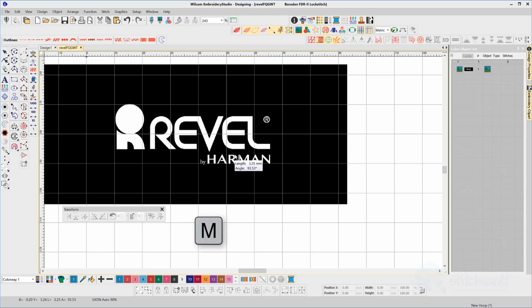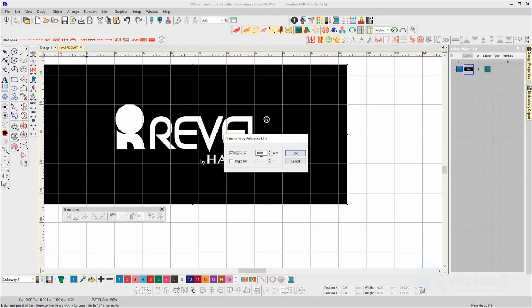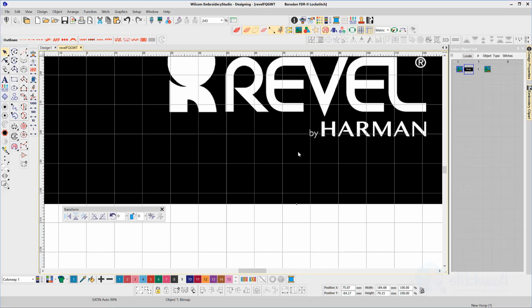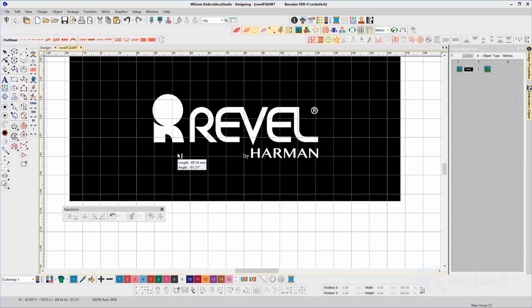Using the M for measure shortcut, I can see the lettering in the word Harmon is about 3.25mm high. Using the same tool, click the line from the bottom to the top of one of the letters and select to resize at 5mm. You can see you can choose any part of the design to realign or resize without having to consider the